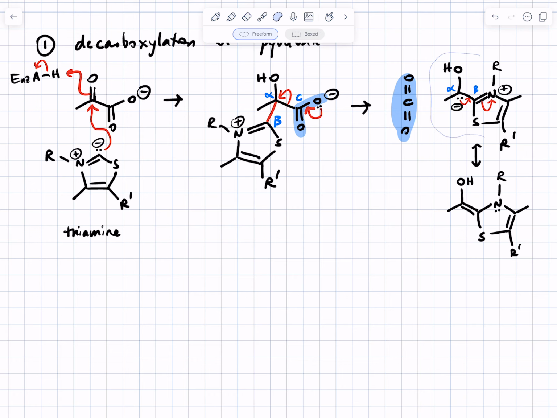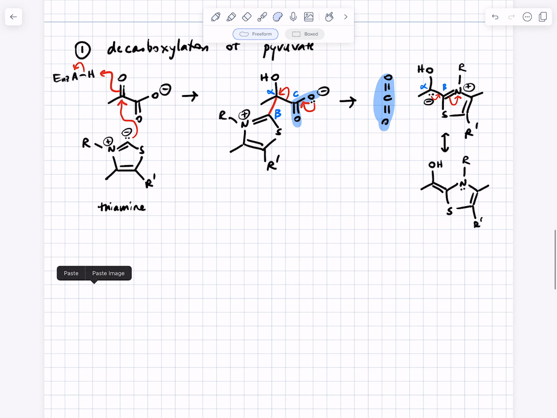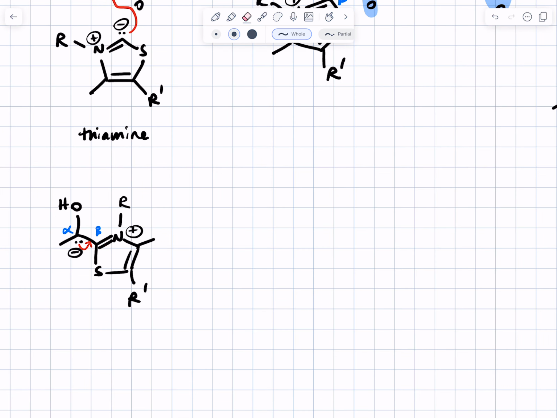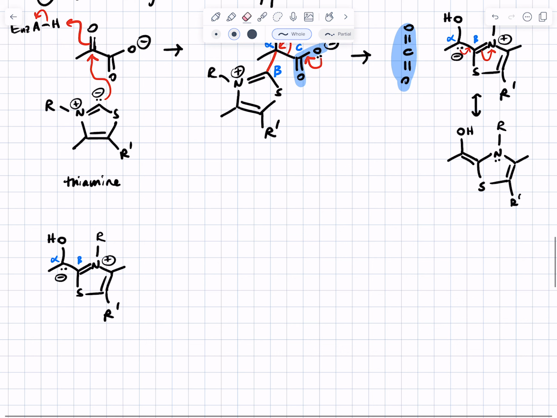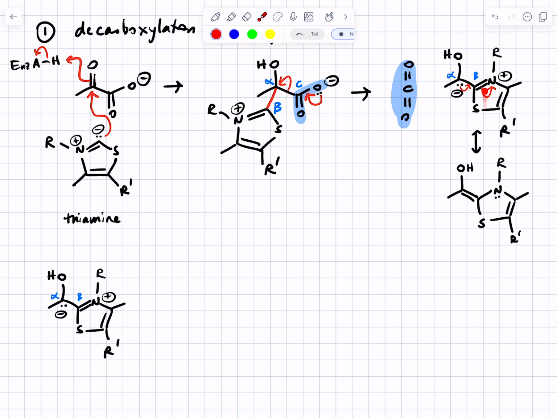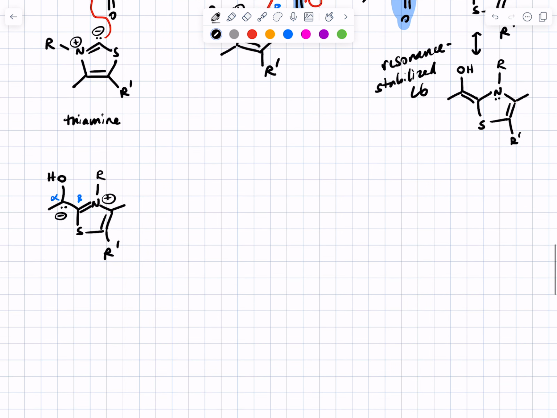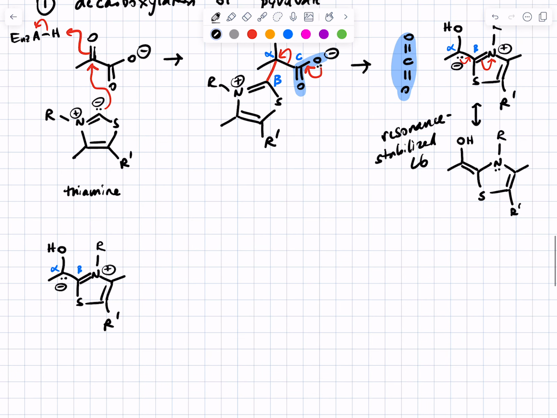Then I'm going to copy this intermediate, because I want to continue leaving these arrows here to show you how to get to this resonance structure. But the point is that the leaving group is resonance stabilized. As you can see, it's still nucleophilic